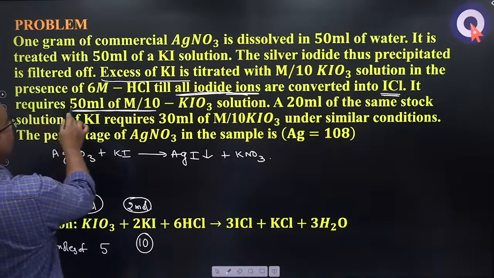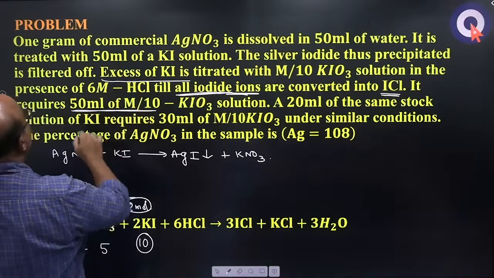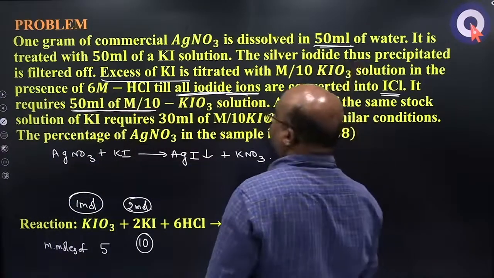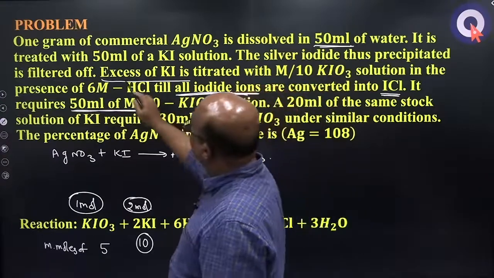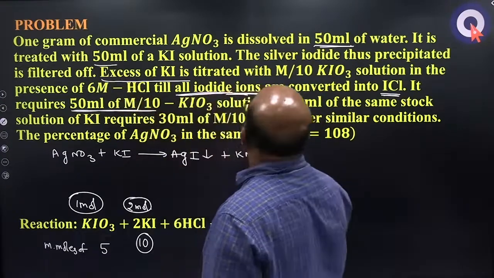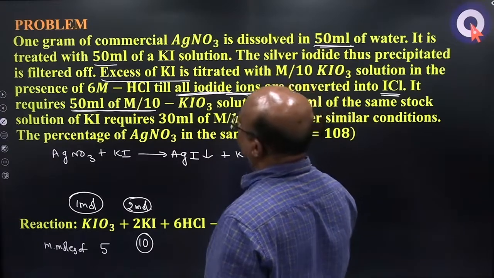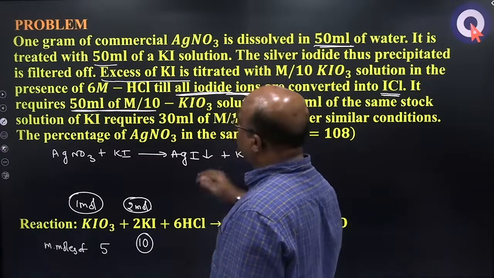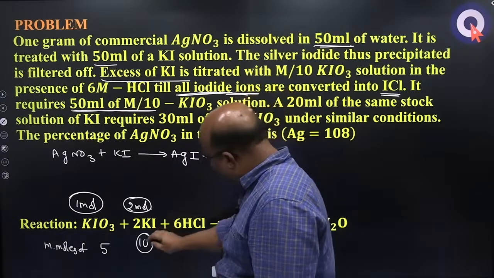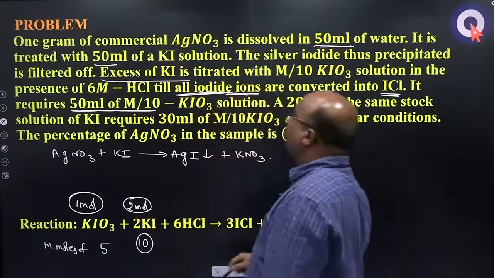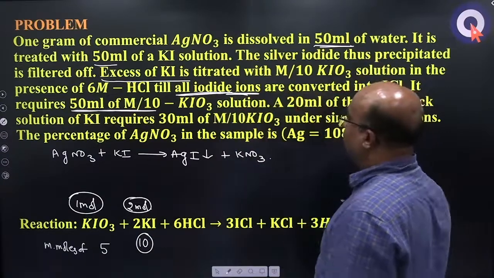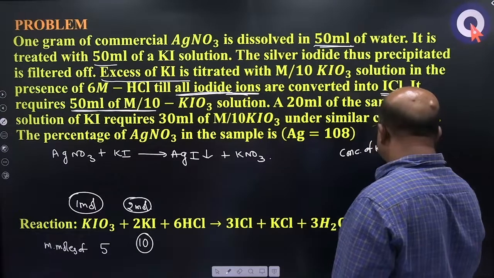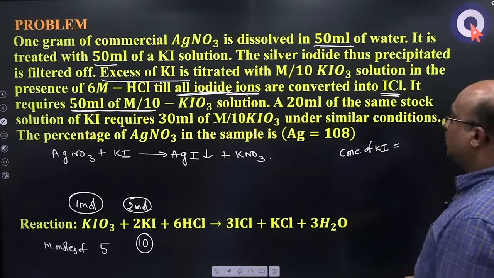Then it required 50 ml of M by 10. So we dissolved in 50 ml. So 50 ml of KI solution is treated with 50 ml. So the total volume becomes 100. So what does this information say? There are 10 millimoles of KI in 100 ml. So what is the concentration of KI solution from here? The concentration of KI solution is,